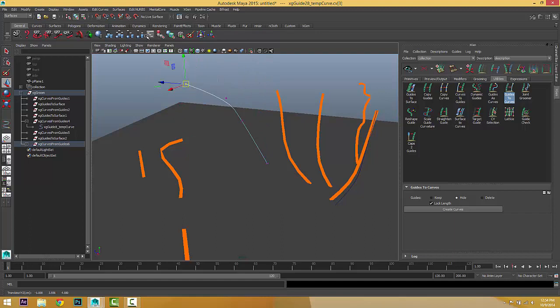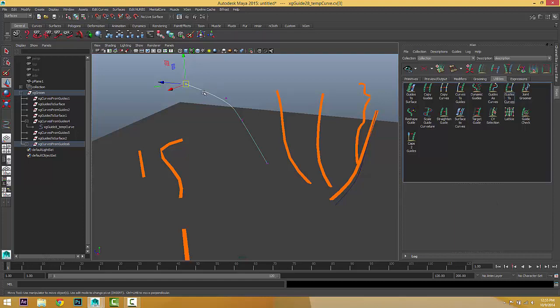That's something very useful also, especially when you have a grassland or a hair. You want to shape the hair, but you don't want to accidentally make the hair longer or shorter. You want to keep the length of that hair or of that grassland, and you only want to change the shape or the direction of that guide, which also affects the primitive. To do so, you have to choose lock length. Lock length is very, very useful, especially in hairstyle. Okay, I cannot insist how important it is.